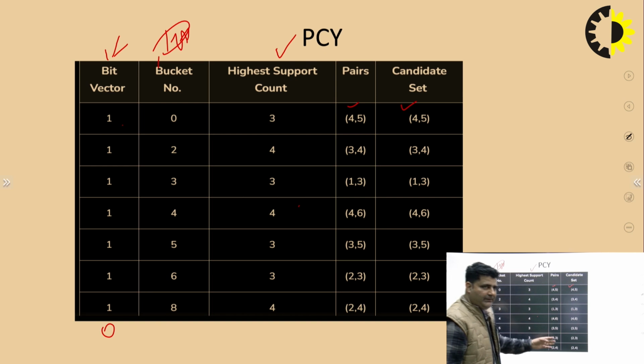Then we have the 2 3 pair. The value is 3. Then we have the 2 4 pair. The value is 4. Now from this, what do we find out? From this we find out which item pair has the maximum